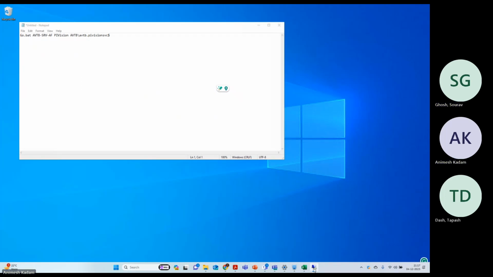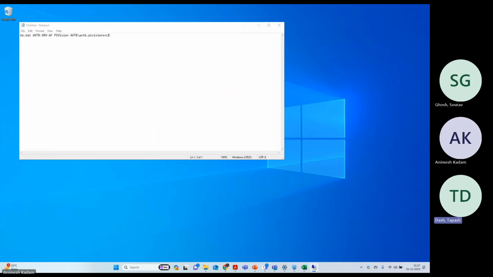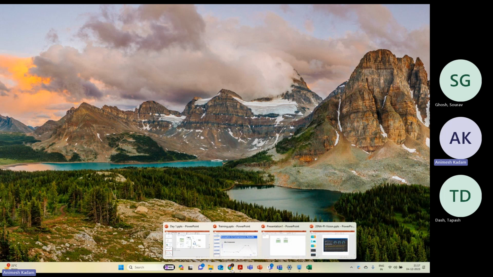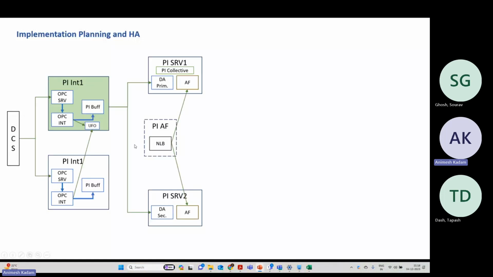राइट राइट। तो SQL सर्वर फिर अलग से आपको सेटअप करने की जरूरत नहीं है, जो आप AF सर्वर बोल रहे हो उसमें आपका SQL सर्वर भी है। इस केस में लेकिन, आपका रिक्वायरमेंट कैसा है, उसके ऊपर है। अगर मेरा SQL सर्वर एक ही इसमें रखा और वो उड़ गया तो क्या करूंगा मैं? तो अलग अलग लोगों का रिक्वायरमेंट अलग अलग है। कुछ लोग तो रिडंडेंसी किसी भी चीज की नहीं लेते हैं। अभी AVDB में मेरी ना इंटरफेस रिडंडेंसी है, ना पाई सर्वर डेटा आर्काइव रिडंडेंसी है, ना AF रिडंडेंसी है।